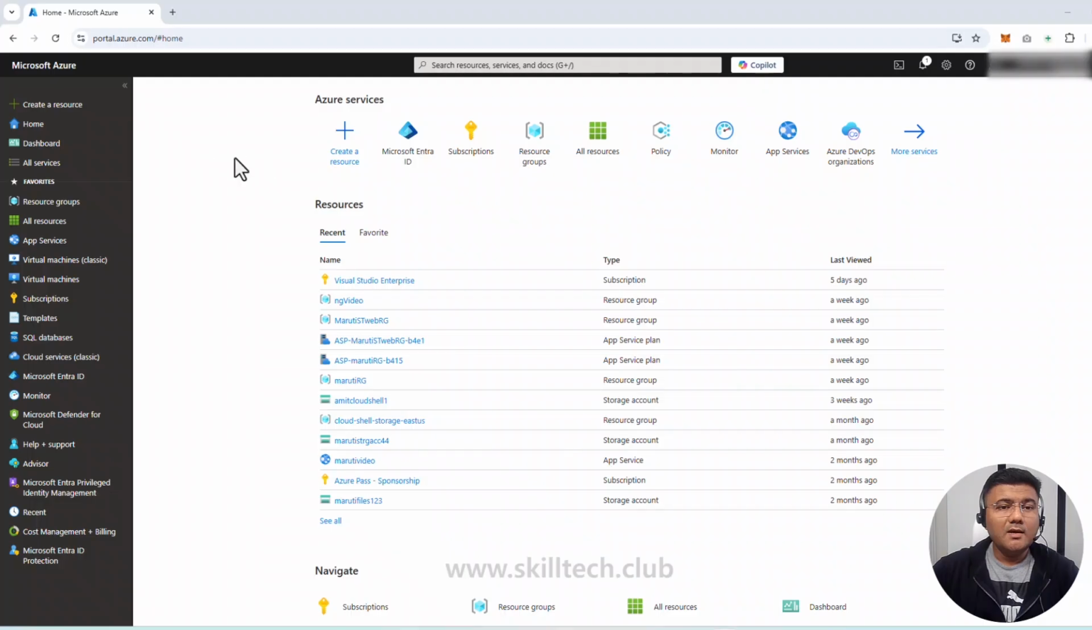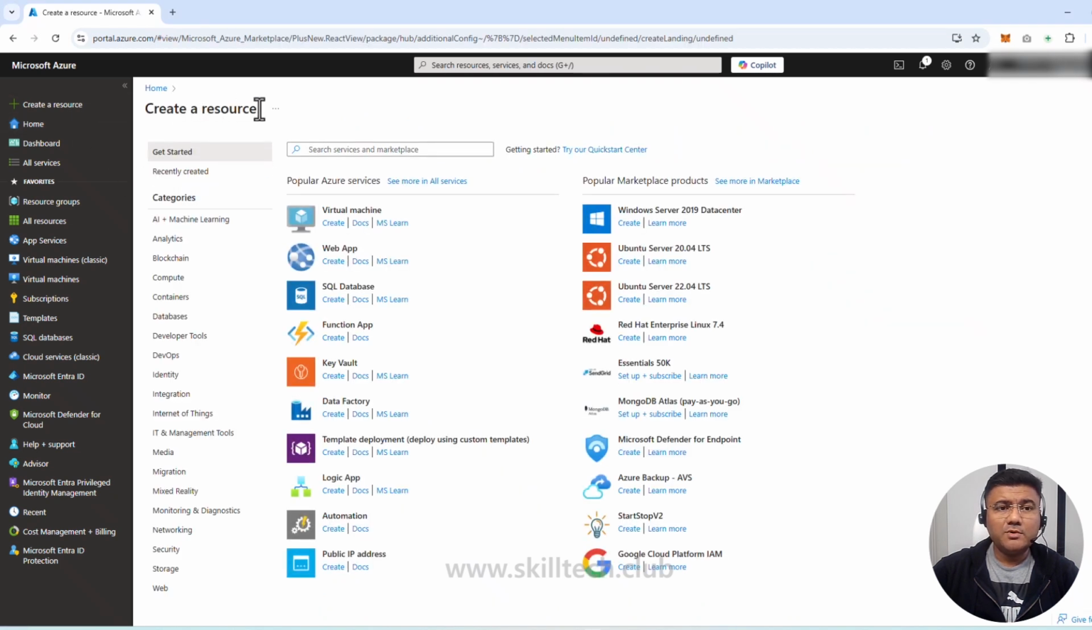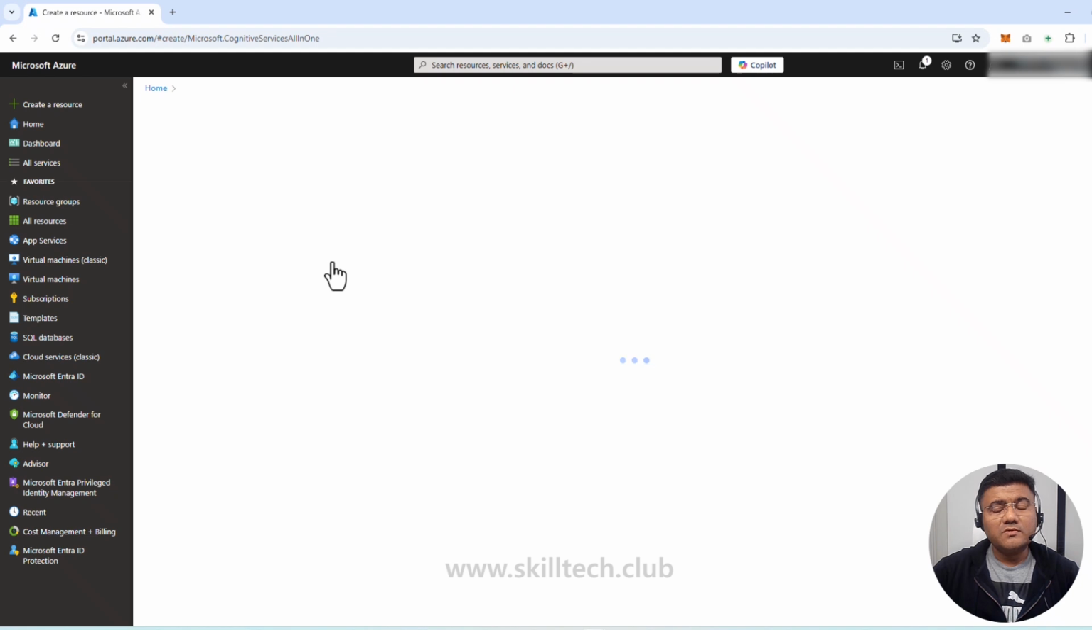Let's get started. As you can see, I have logged into my Azure portal, and as usual, the first thing I'm going to do is create a new resource. I hope you know the fundamentals of Azure Cloud, and keeping that in mind, we are going to create Azure AI Services. I'm going to click on create, and as usual, to create this new service, you have to provide